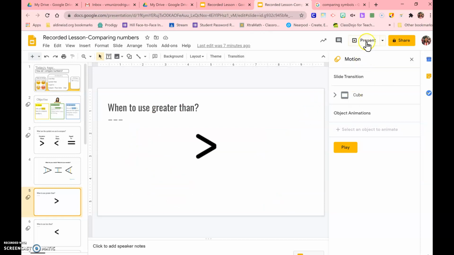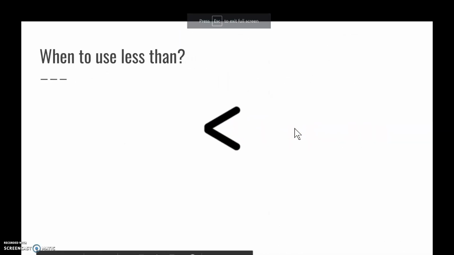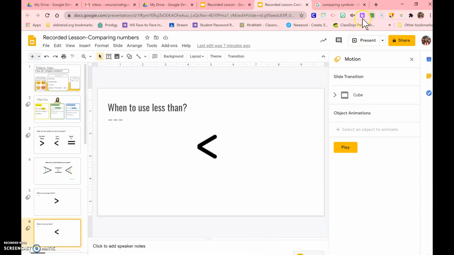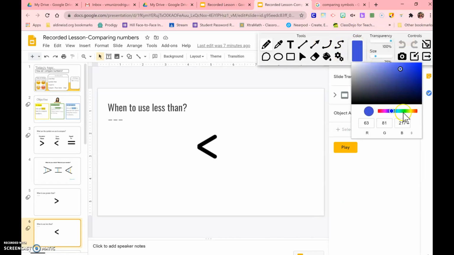Okay, so I'm going to continue. When to use the less than symbol? So now I'm going to exit again and use my tools. Think about when do I use less than. So if we were using the other one for less than, now I think I have to use, I'm going to write less than first. I'm going to write it first. I'm going to write less